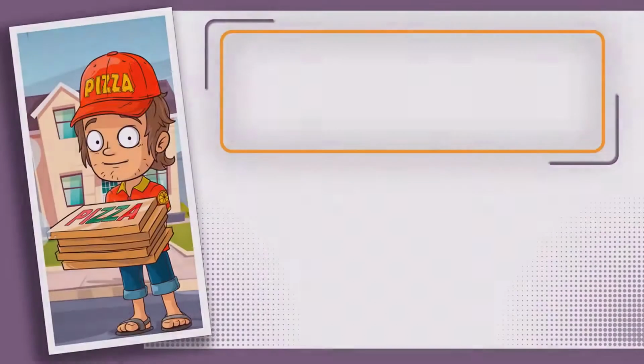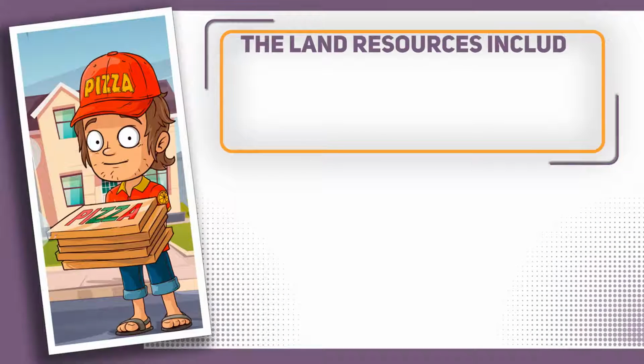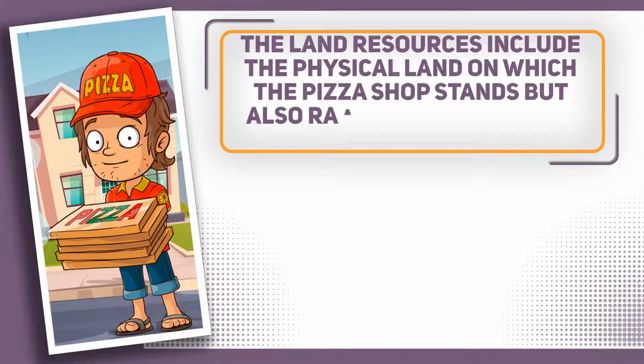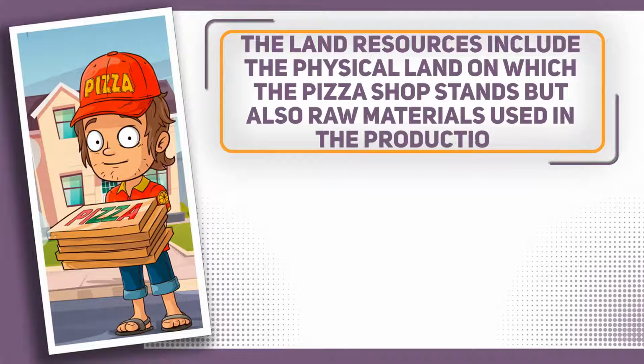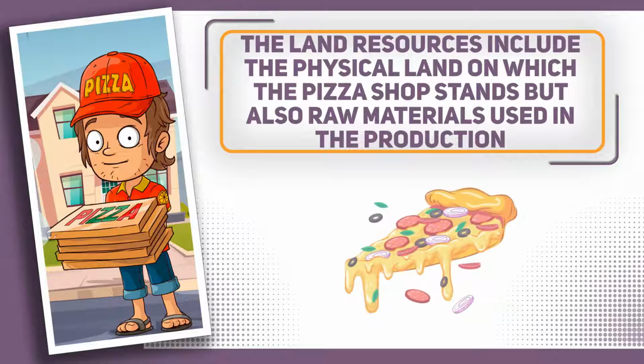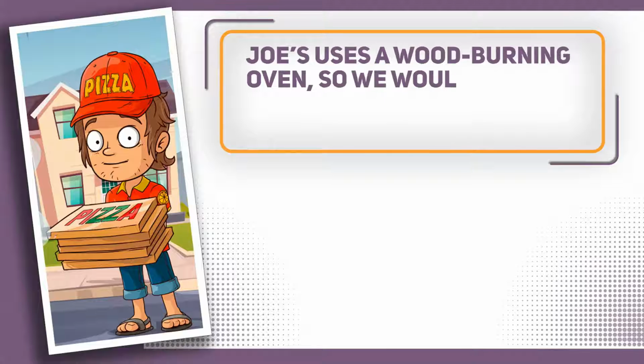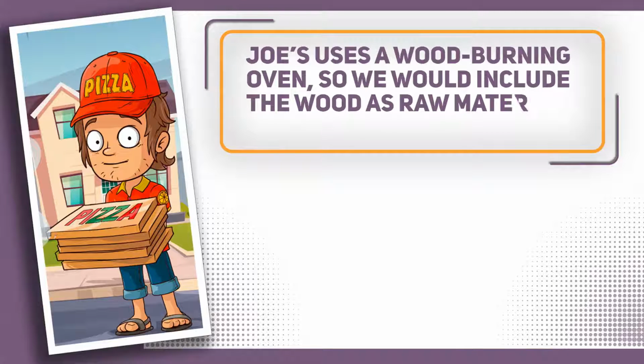For our example of Joe's, the land resources include the physical land on which the pizza shop stands, but also raw materials used in the production process. So these would be the ingredients for Joe's pizzas. These include the flour, yeast, and water for the dough, the tomatoes, herbs, and water for the sauce, the cheese, and the multiple toppings. Joe uses a wood-burning oven, so we would include the wood as a raw material, as